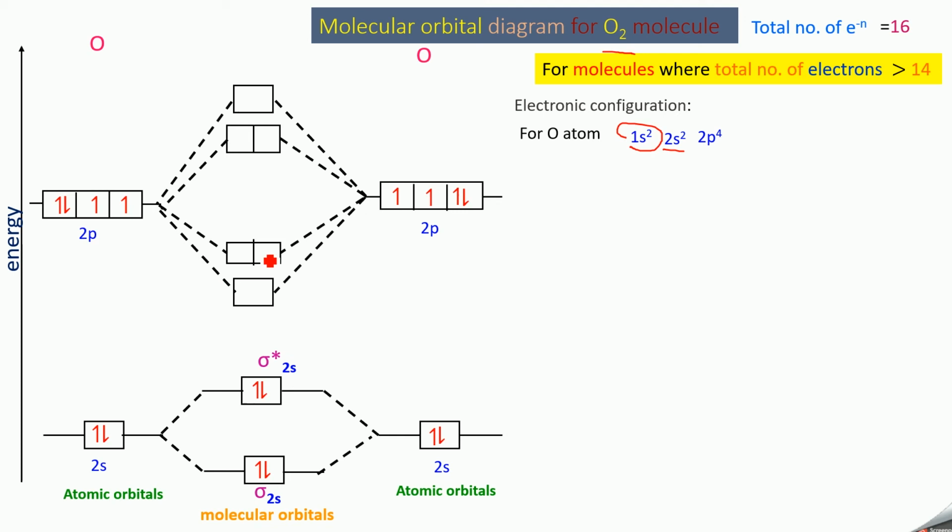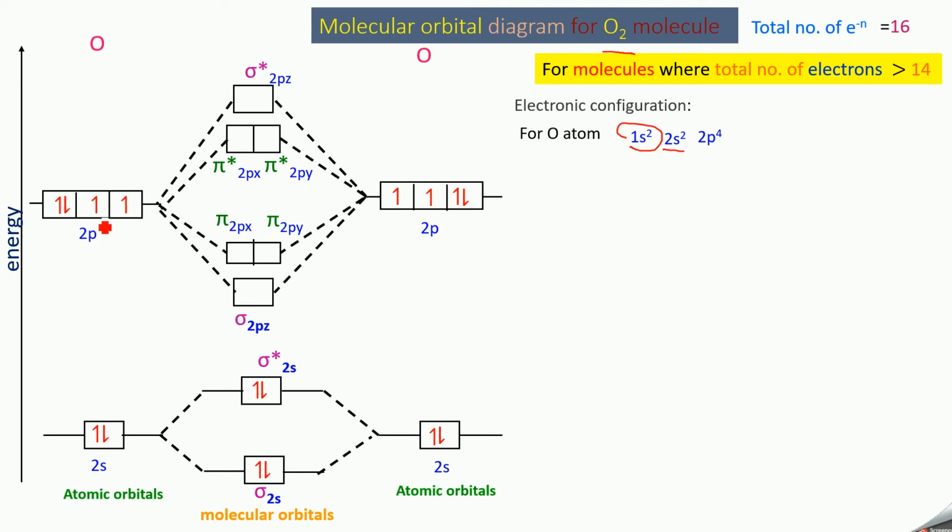In earlier cases these two pi orbitals were at the lower energy level. Now here they will be at a higher energy level, so this order you have to follow. I have discussed this in the previous video, and I will give the link in the description box. You can go through it. This one is called sigma 2pz, pi 2px, pi 2py, and pi star 2px, pi star 2py and sigma star 2pz.